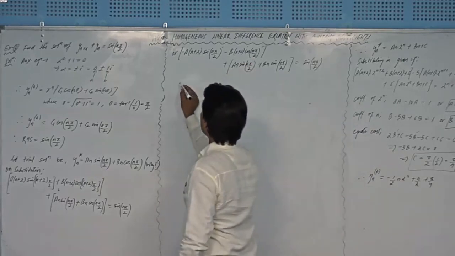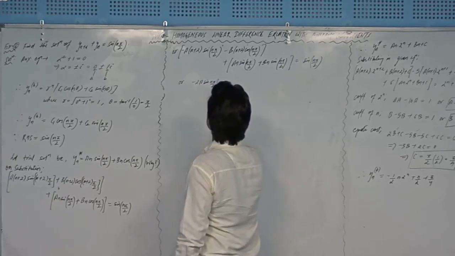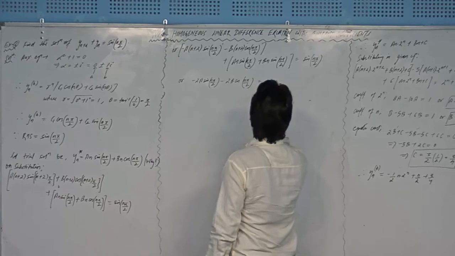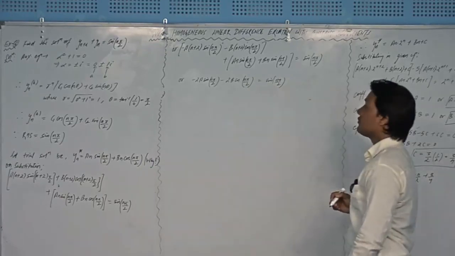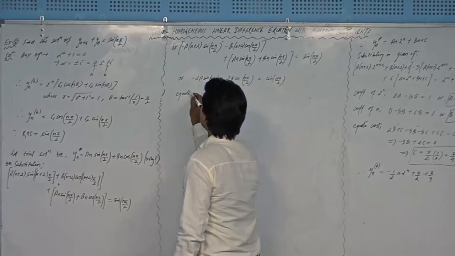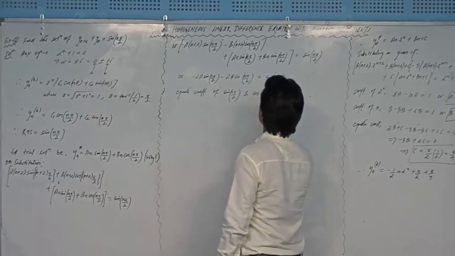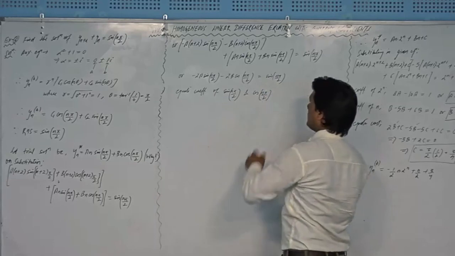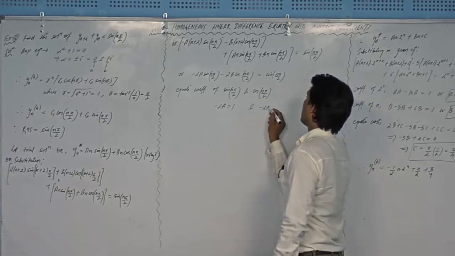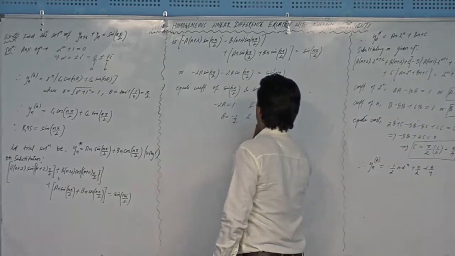So ultimately on the left hand side I will be having only two terms, and the terms will be minus twice a sine n pi by 2, and from here I will be having minus twice b cos n pi by 2 is equal to sine n pi by 2, right? So now I have to equate coefficients of sine and cos, because you can see that the function is a sine function. So I will equate the coefficients of sine n pi by 2 and then cos n pi by 2 one by one, right? So if I equate the coefficients of sine, I will get minus twice a equal to 1, and if I equate the coefficients of cos, I will get minus twice b is equal to 0, because there is no cos term in the right hand side. So that will produce a is equal to minus half and b is equal to 0,